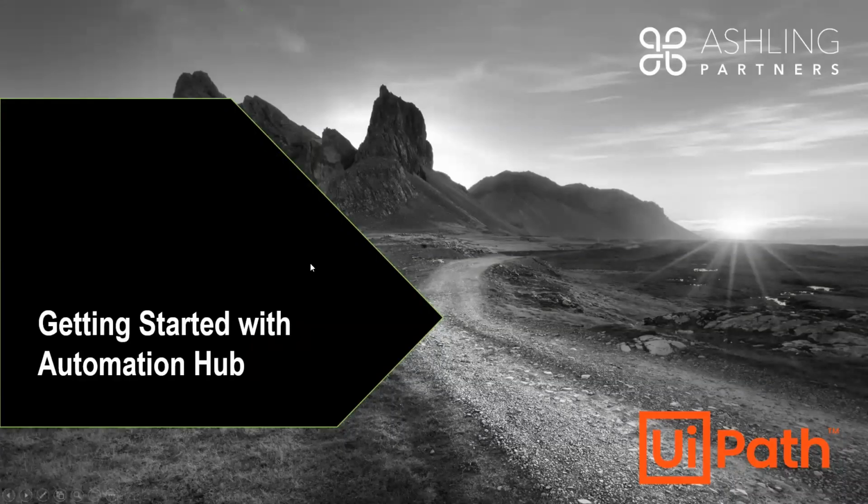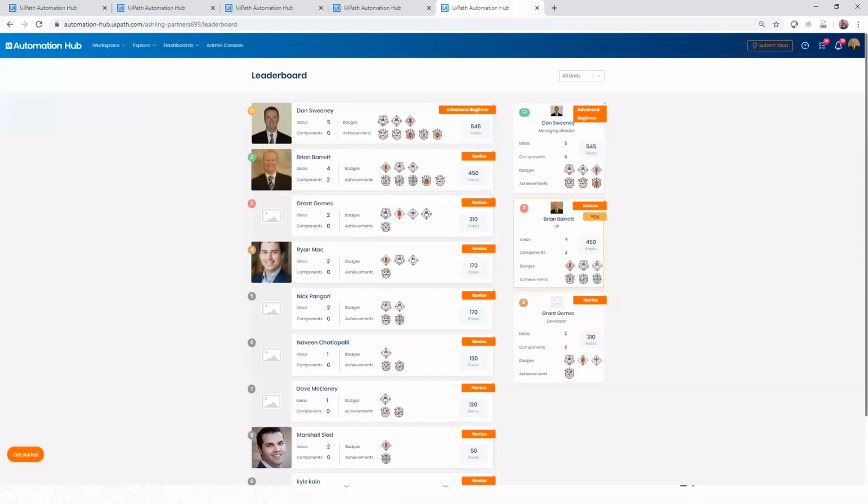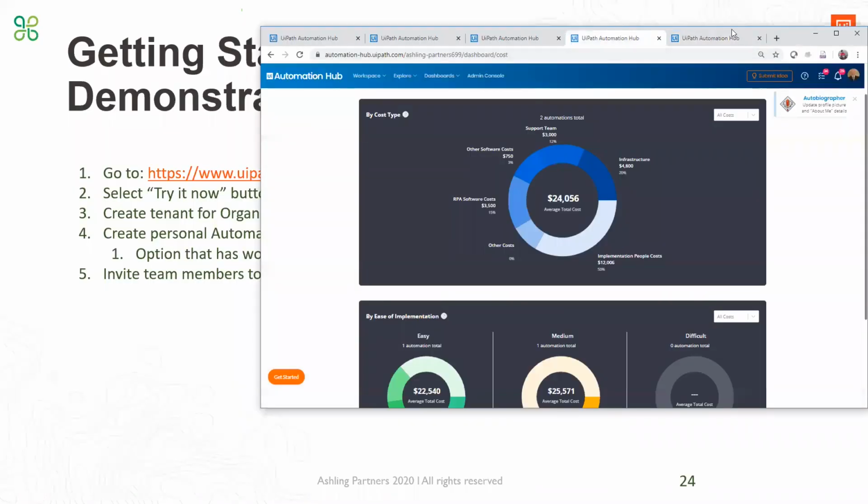The last area that I wanted to provide some visibility to you is if you have not accessed Automation Hub within your organization, you can get started by downloading a trial. This is the website. If you search for Automation Hub in Google, it'll be within the top 3 to 4 results. Also, and I may have gone over it,